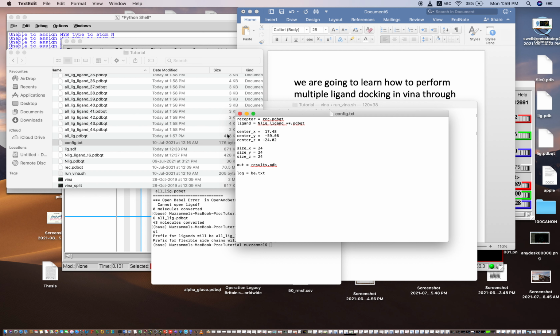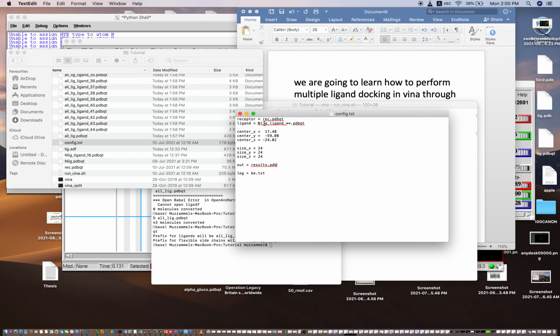In config.txt we have put the name of the receptor, the name of the ligand, the dimensions, and out is equal to result.pdb. It means we want the result in PDB format, or you can put PDBQT, etc. So the docked complexes will be given in this format.